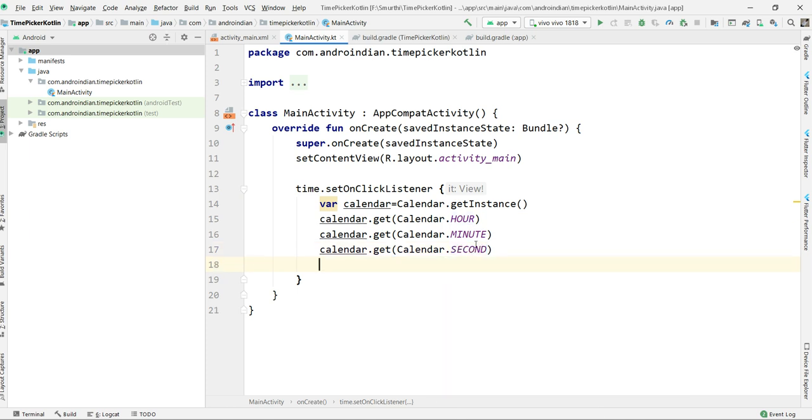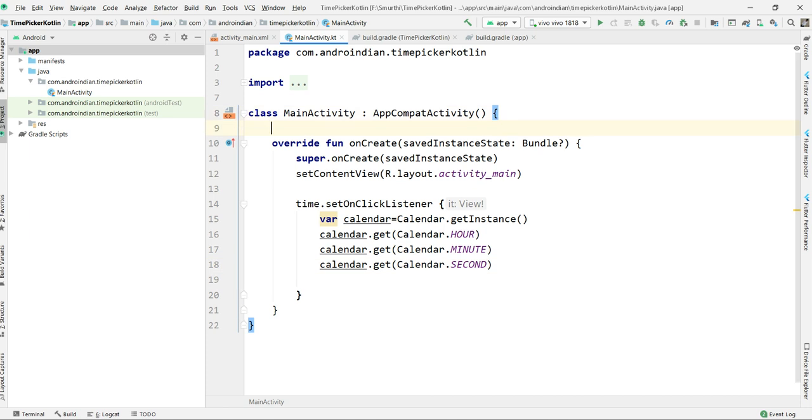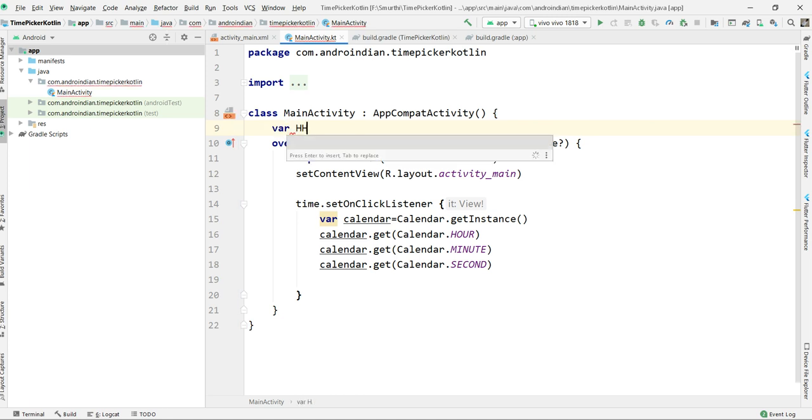Now after this, like yesterday, we need to declare the variable types. So var h, initially I want to declare this as int, initially 0.